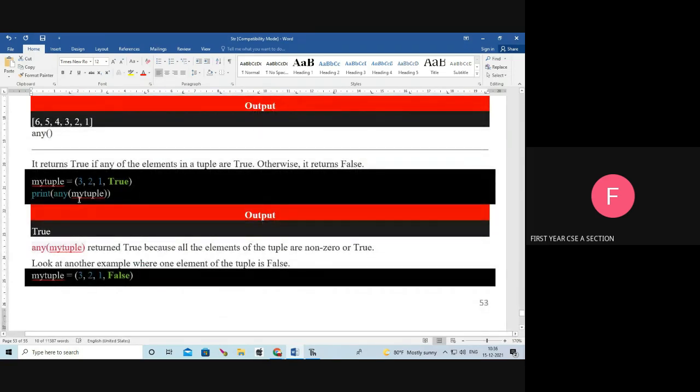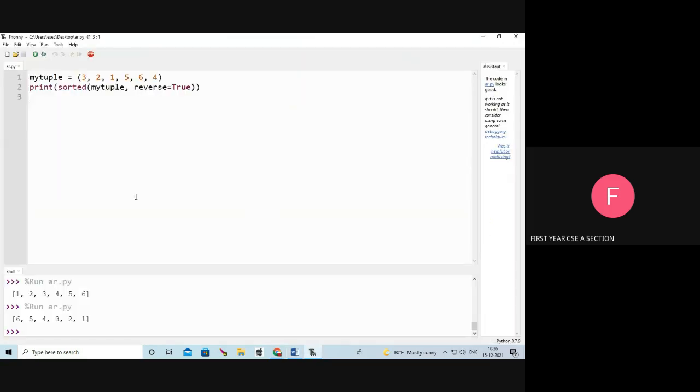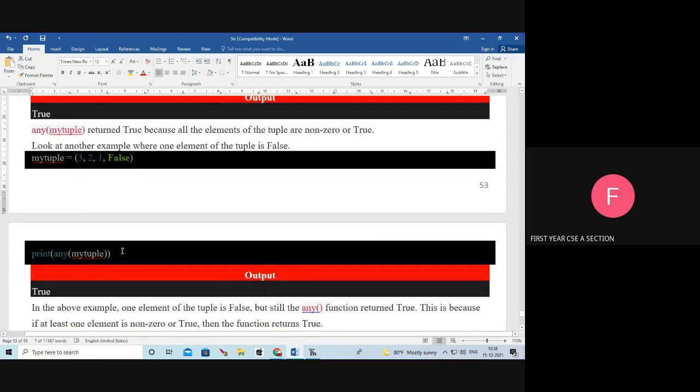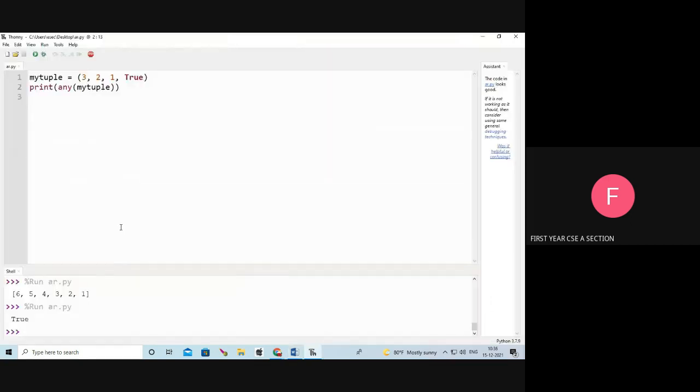Next, the any function. What is the purpose of the any function? If any one element in the tuple is non-zero or true, it will return true. See, 3 is non-zero, so it will return true. See the output. Next one, here in the any function 3 is non-zero, so again it returns true.